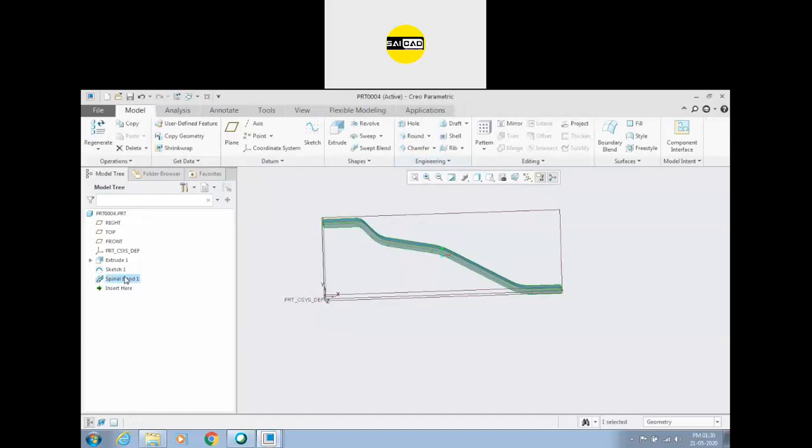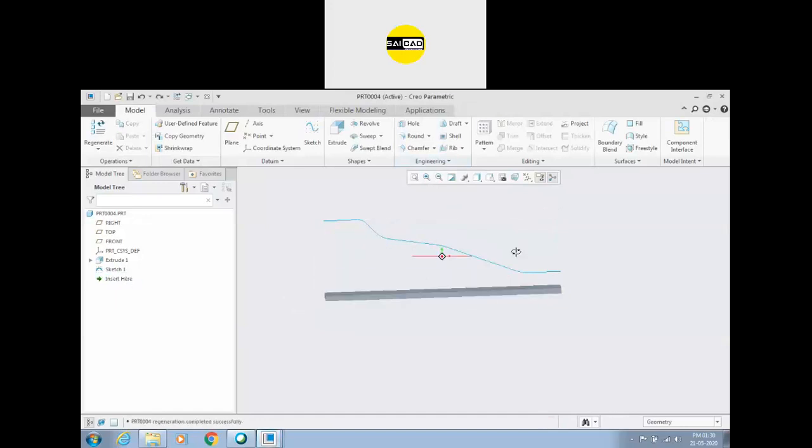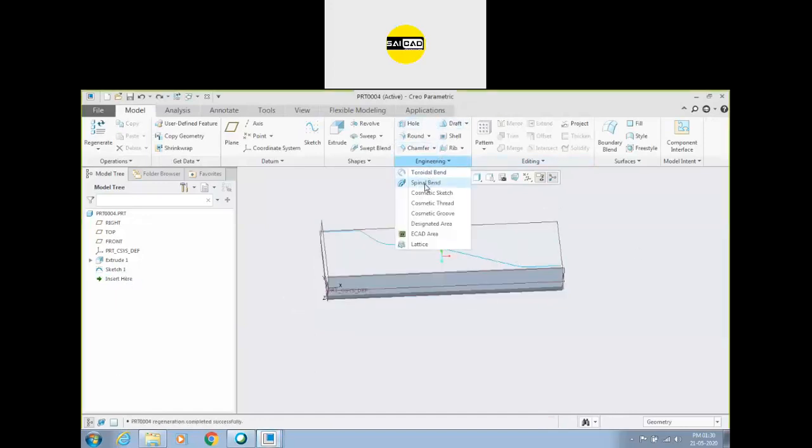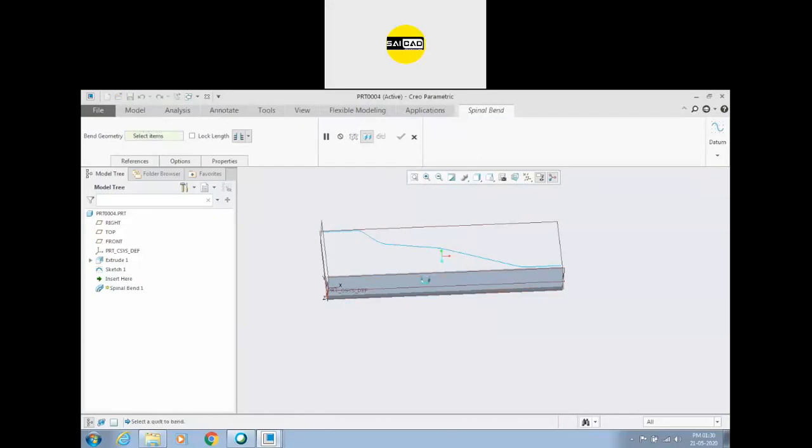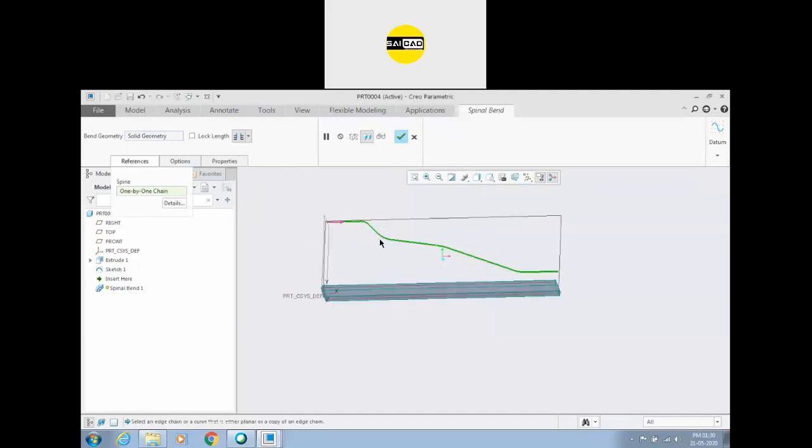So wait a second, I'm just going to do this again. Engineering final, here and the path. Okay, switch the side.